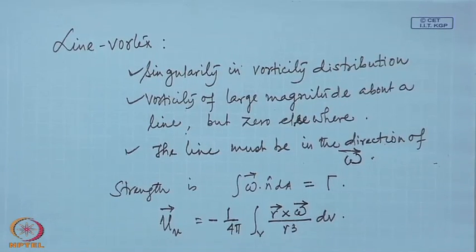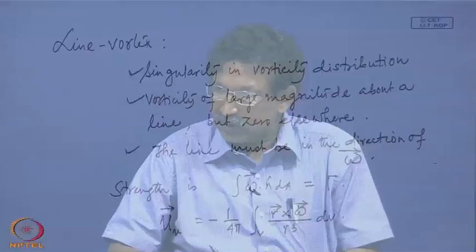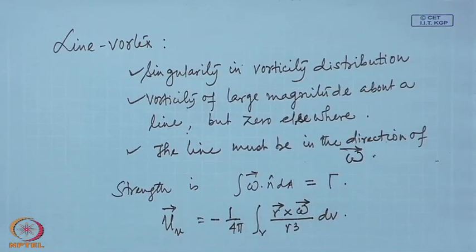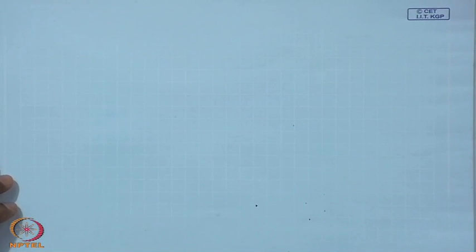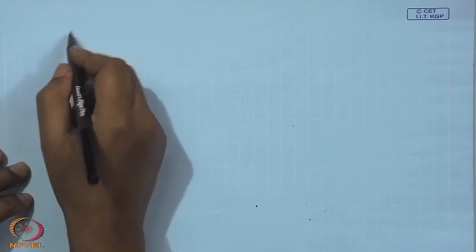Now, since we have a line here, consider a vector line element d l, then this omega d v can be written as gamma d l, and the integration will be on the length. So, we now have